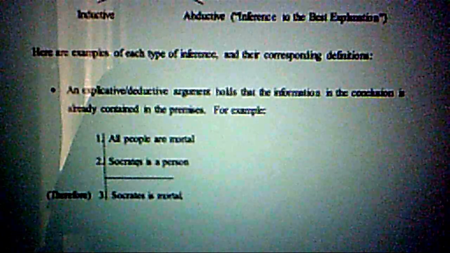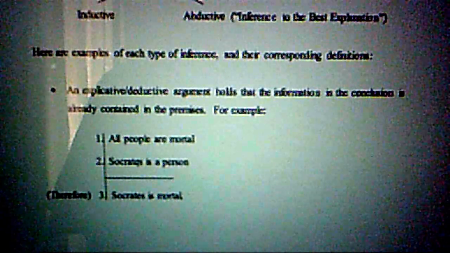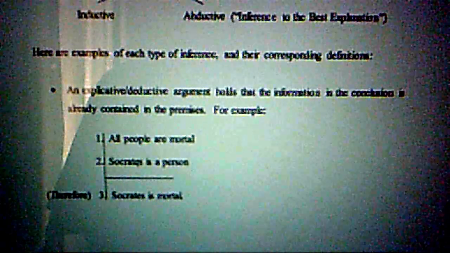If you don't know who Socrates is, he's considered to be one of the great initial Western philosophers. Socrates and Plato, they sort of go hand in hand. And he's even sometimes called the founder of Western civilization. We'll get to that maybe a little bit later in the course.